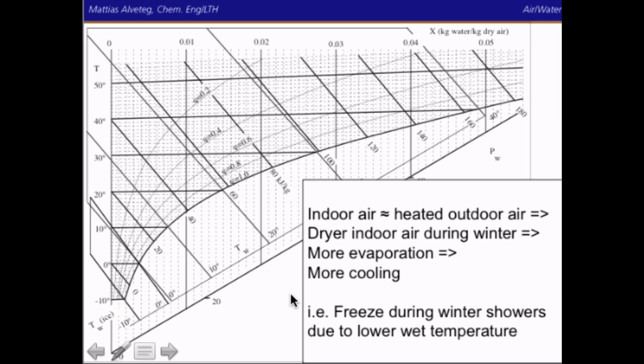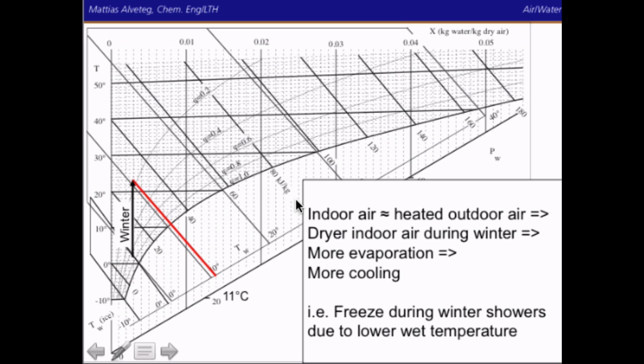So when you shower, why do you get colder during winter time? Well, the thing is that usually you take air from outside and then heat it to your room temperature, and during winter time it's colder outside, and if you have the same temperature indoors wintertime and summertime, you get rather huge difference in wet temperature. So wintertime we heat maybe from something like 2 degrees one day, and then you get something like 11 degrees if you heat that air to